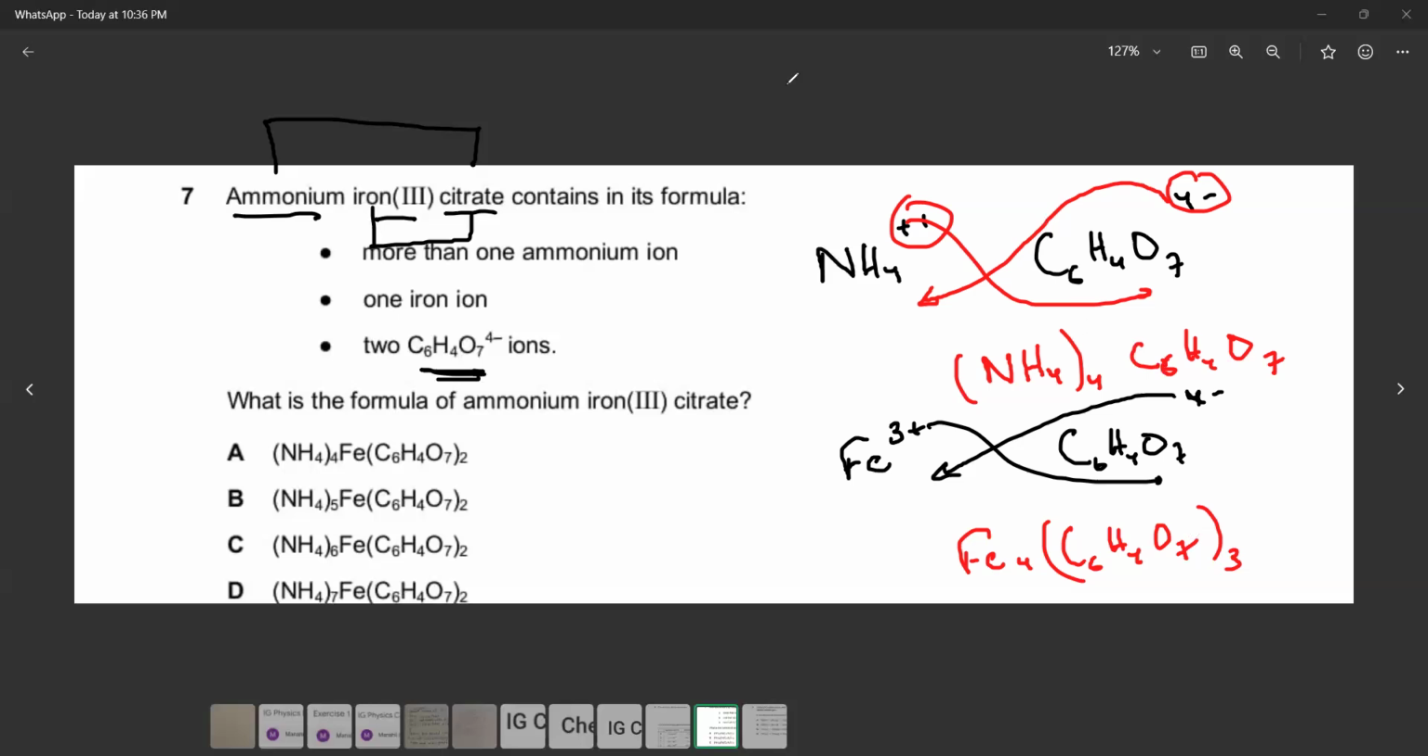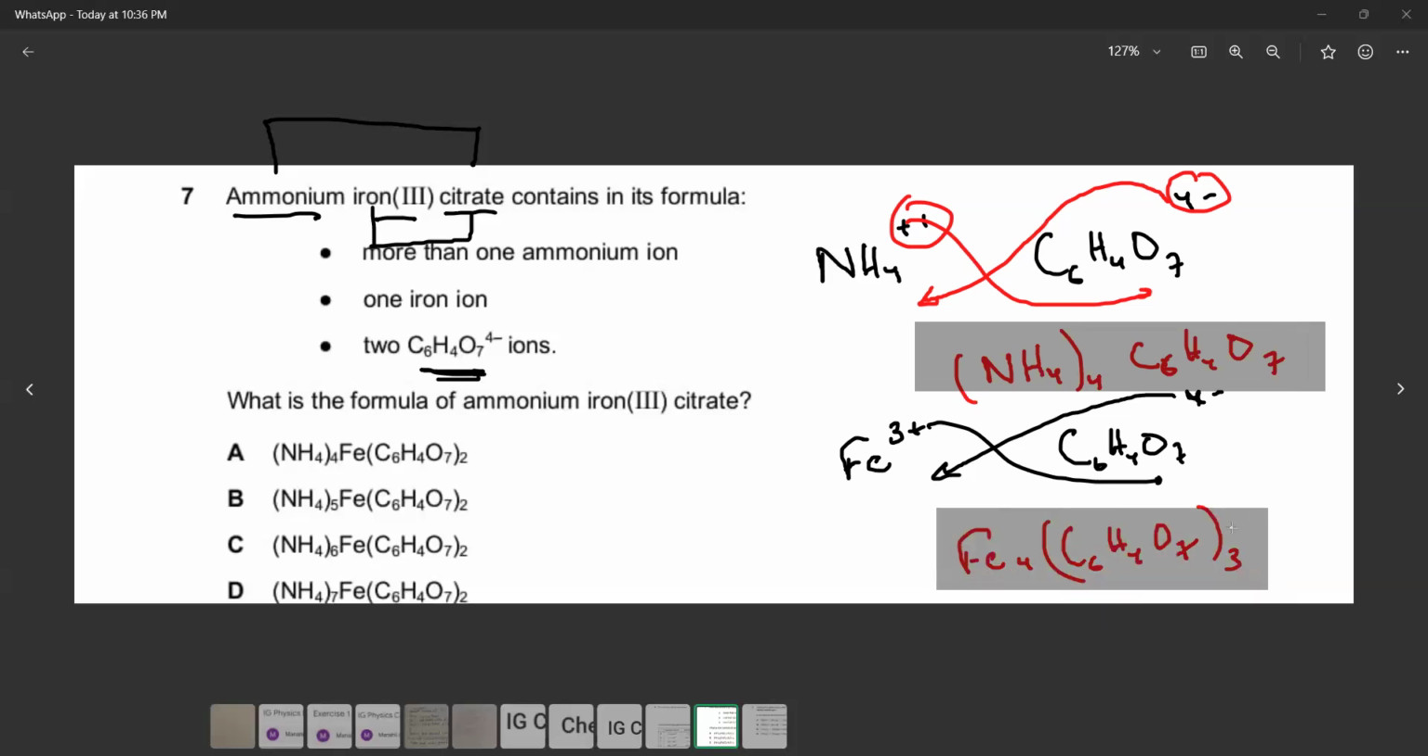Now, when I add these two, I have got two formulas. One of the formulas is this and the other formula is this. Because iron is there, as this ion contains iron 3 ion, Fe3 ion. It also contains iron 3 ion. It also contains